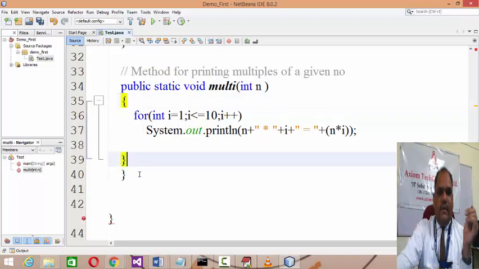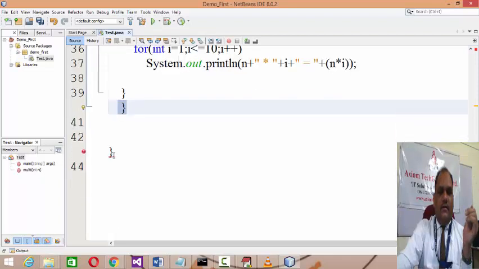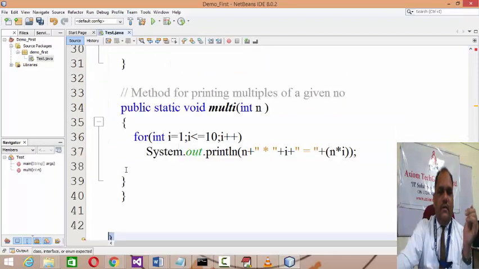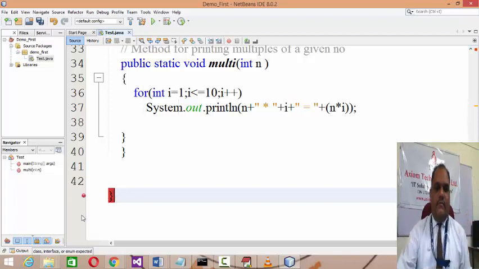And here it is the end of multi, and here is the end of your class, and obviously, okay, here an extra closing parenthesis is there, you have to close it down.